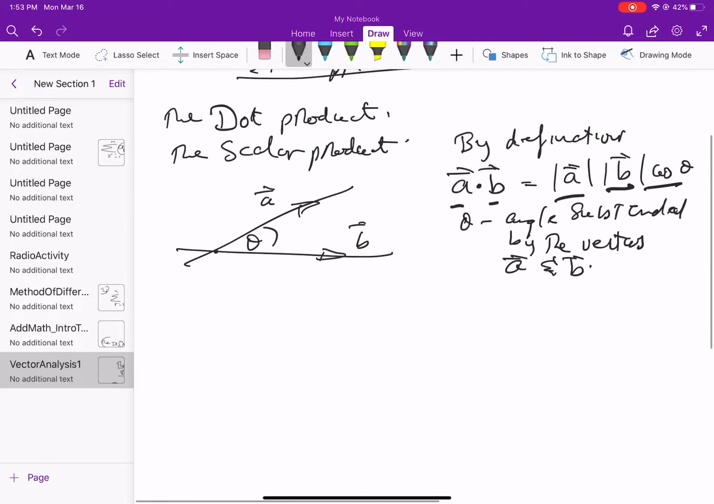Okay. Now, as you've seen before, the definition of the dot product can be used to prove that two vectors are perpendicular. If two vectors, let's say A and B,